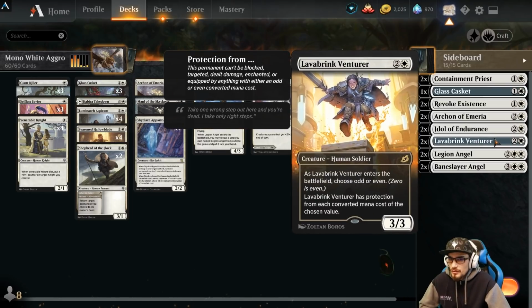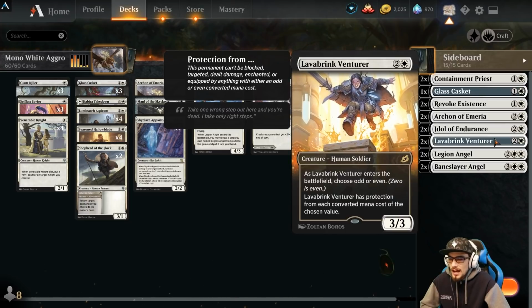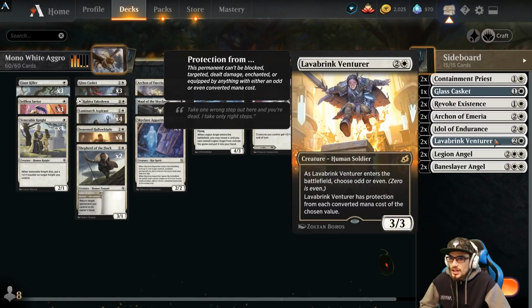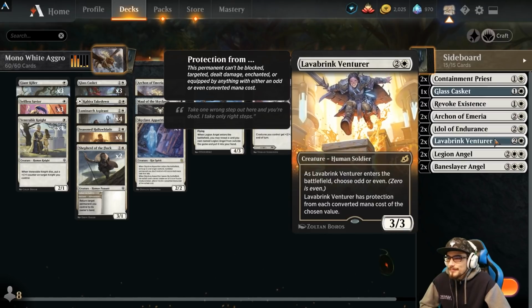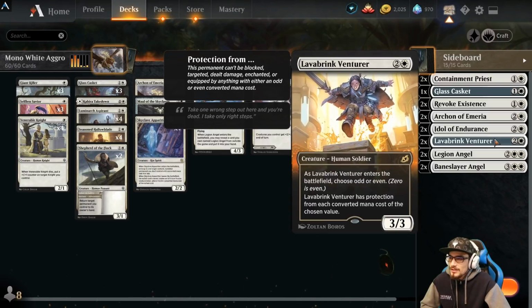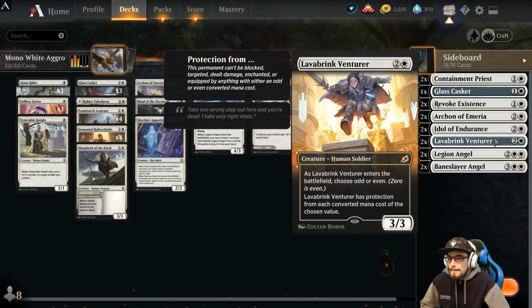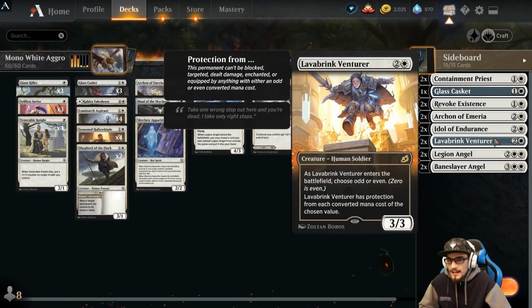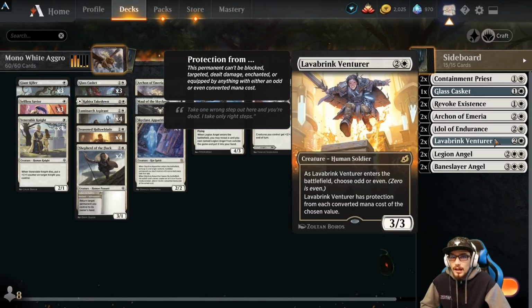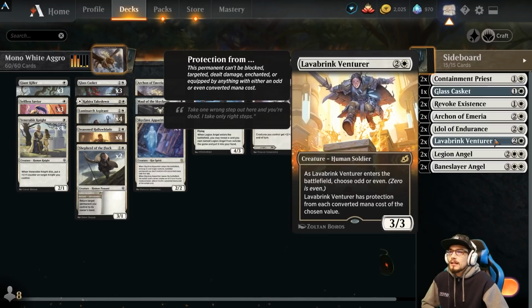Lava Brink Venturer. This is interesting. I like it against Adventurer decks as well. Petty Theft is even. Bone Crusher Giant is even. They do have odds like the Lovestruck Beast and the Beanstalk Giant, so you're gonna have to make the choice right away. I played a match against Jeskai and they had a lot of evens, right? Shark Typhoon, all of the tokens were even, Narset's even, stuff like this, Petty Theft,